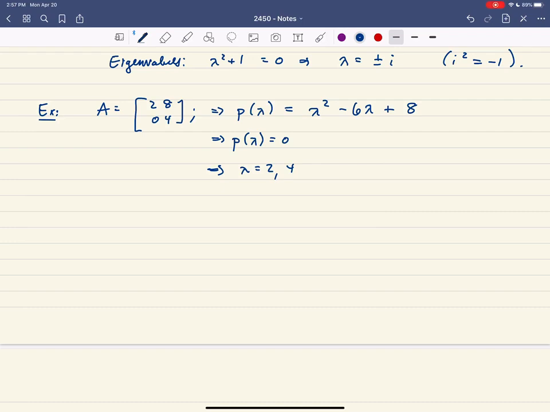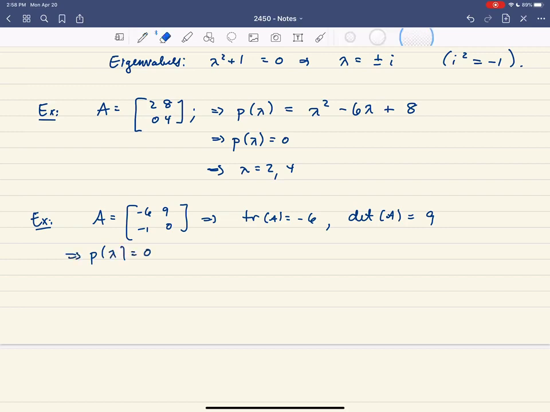One last example for us, if we were to have the matrix A being [-6, 9; -1, 0], let's think about what would happen here. Well, our trace is -6, and the determinant of A is, let's see, 0 minus a -9, so positive 9. And that means that if we were to look at our characteristic equation, when p of lambda is equal to 0,